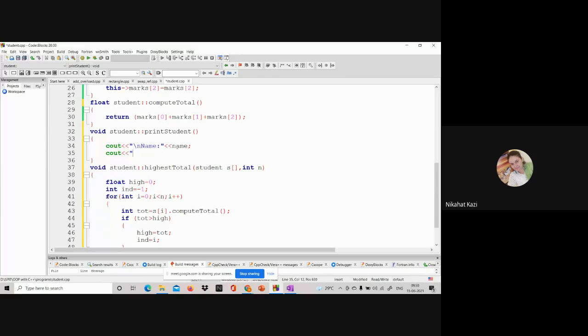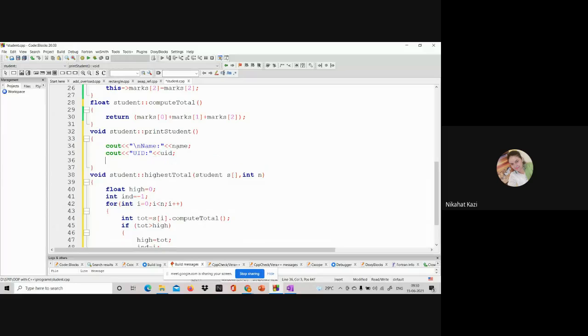UID will be printed. Then what else? The marks.